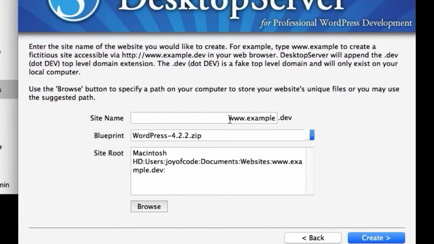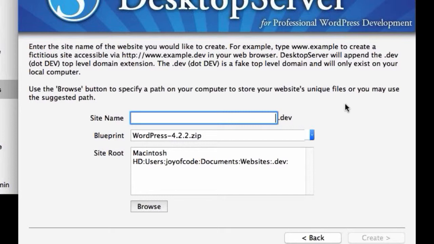Now, it prompts me to put in a URL. And I just leave it at the default. But let's just take out the default. So I'm just going to enter, let's say, test 2. Okay. And I just arbitrarily picked out my URL. Now it says .dev, which you know there is no such thing as a .dev website. Okay, this is all going to be on my own computer. And